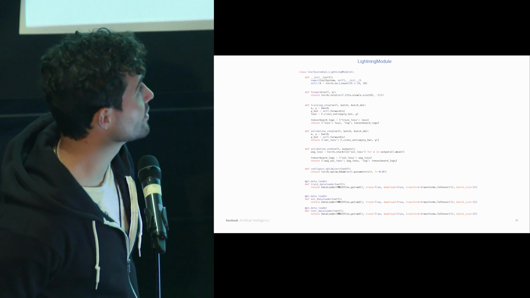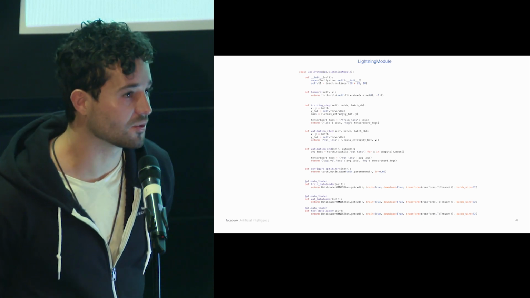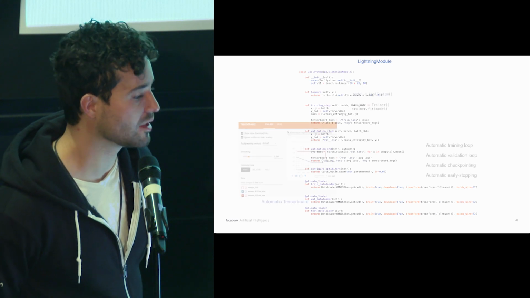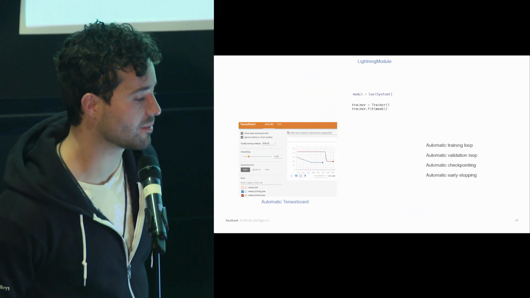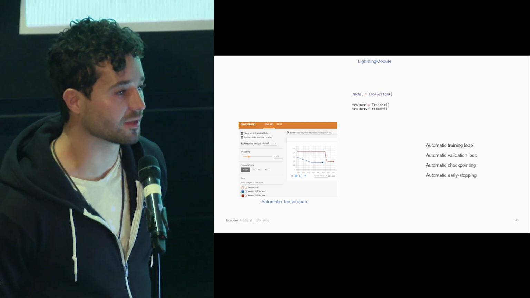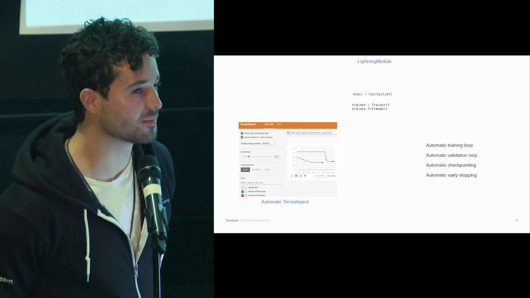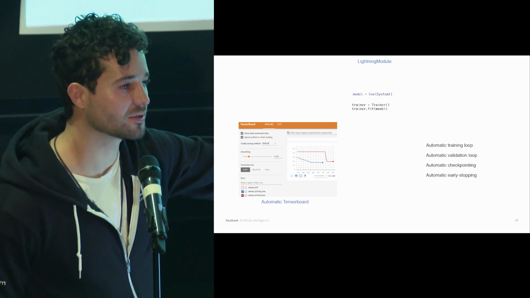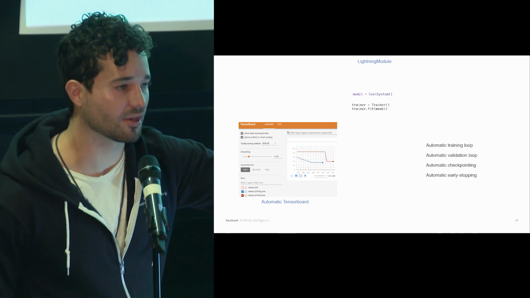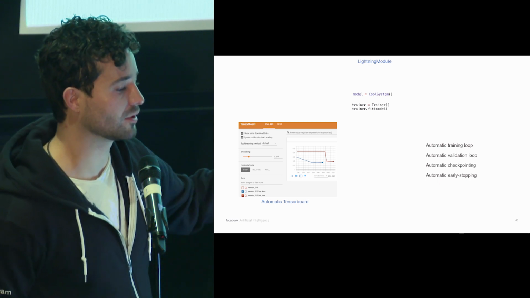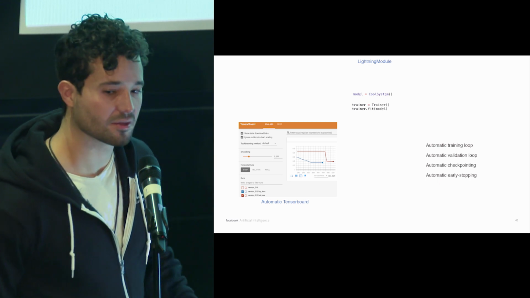So how does this work? If you look at this, you don't see anywhere that I'm calling CUDA. You don't see anywhere that I'm calling half precision or any of that. I'm not moving data around. What happens is when I instantiate that model, I init this trainer, and I call fit on it, and that's it. If you wanted to specify a number of GPUs, you just set a flag, you say 10 GPUs for however many machines you want. And under the hood, it launches all the orchestration for you. It assumes you have a Slurm cluster, but we're moving into AWS and a few other things as well.